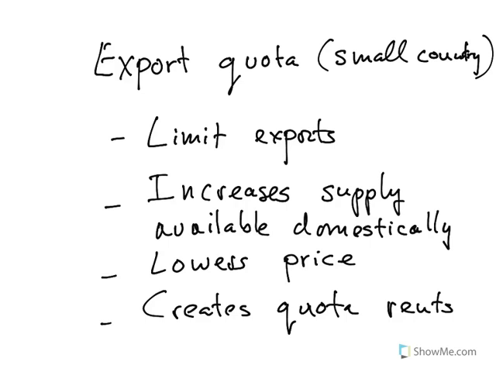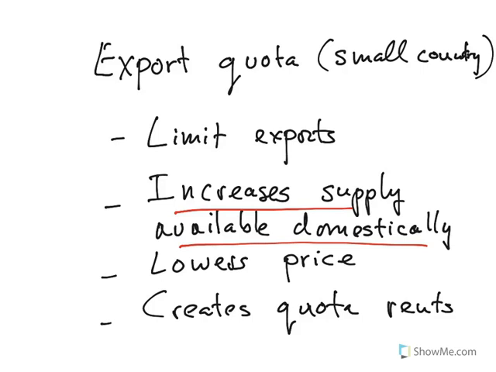So because you have reduced the amount that can be sold abroad, you divert some of the supply into the domestic market, so you increase the supply that's available domestically. Now notice that I'm not saying that you increase the supply. That term is what we use for shifting the supply curve. It actually affects the export supply curve, but let me set that aside. But the overall domestic supply will not change. The supply curve will not change when there's a quota. Instead, there'll be a change in the quantity supplied. You move along a supply curve, not shift